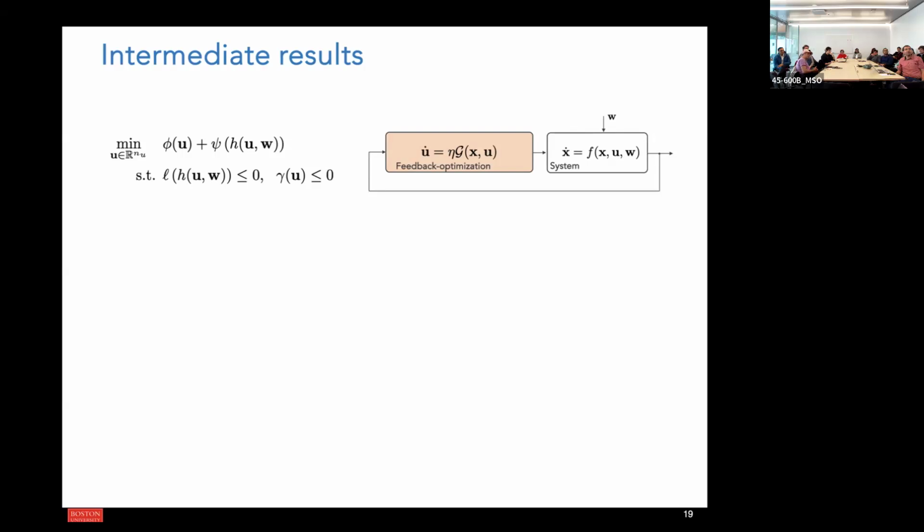Okay, if you assume for a moment that the measurements are error-free, you get, as we show in this slide, local exponential stability guarantees. If you assume that your measurements are affected by errors, and if you make the assumption that the error is bounded, we can get practical local exponential guarantees, meaning that you converge within a ball centered around the equilibrium point, right? So I'm going to show you this one.